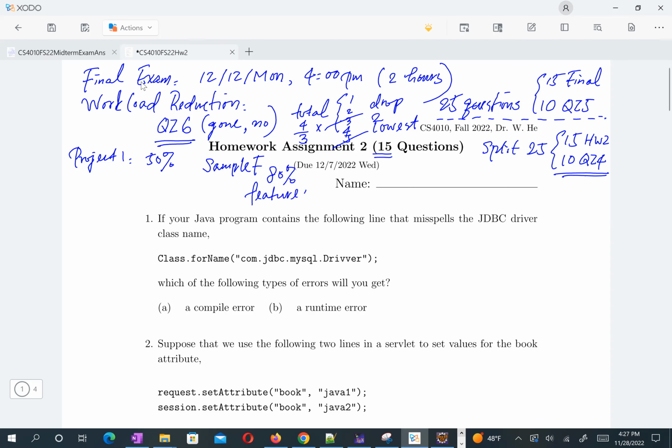80% of the features. Yeah. But I don't want to see some students just submit that sample F to me, all right? Because that means you do nothing. Yeah. So you need to complete the remaining 20%. Yeah, actually, it should be less than 20%. Okay, yeah, but remaining work,